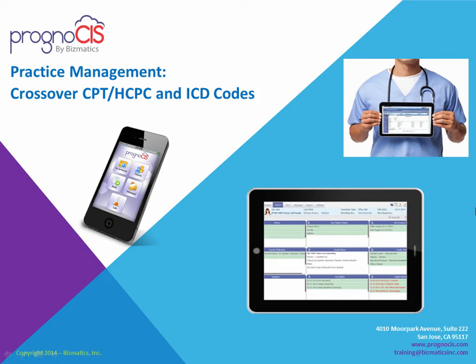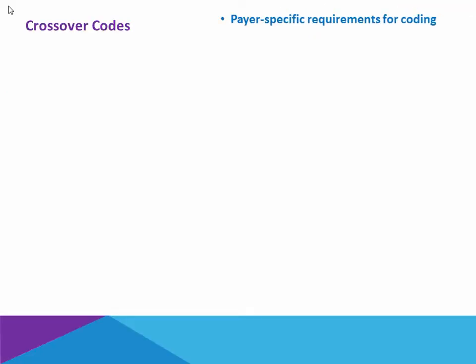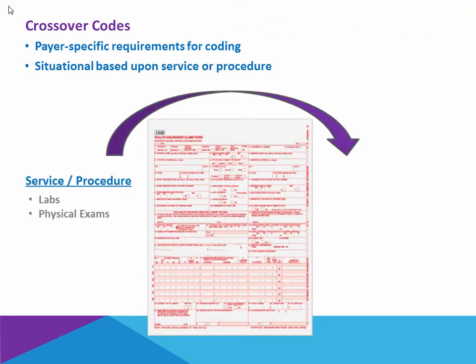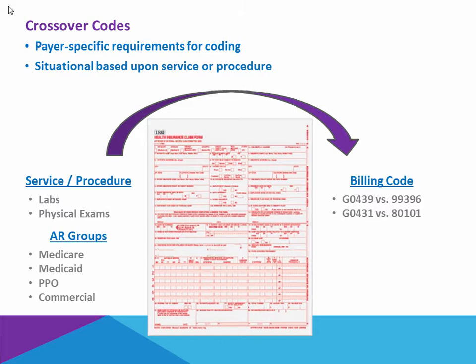Practice management, crossover CPT, HCPC, and ICD codes. At times, different payers may have different requirements for coding in certain scenarios, such as certain labs or physical exams. For example, Medicare or Medicaid may want one CPT or HCPC code, whereas a PPO or a commercial insurance may